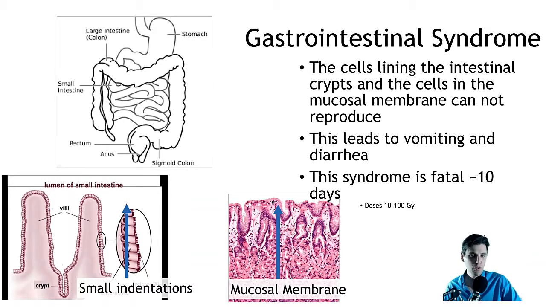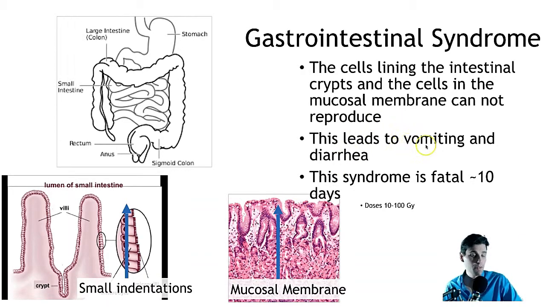And that mucosal membrane is also, just like the blood cells we talked about, being replenished constantly. And because those cells die and are not able to be replenished, this is why GI syndrome